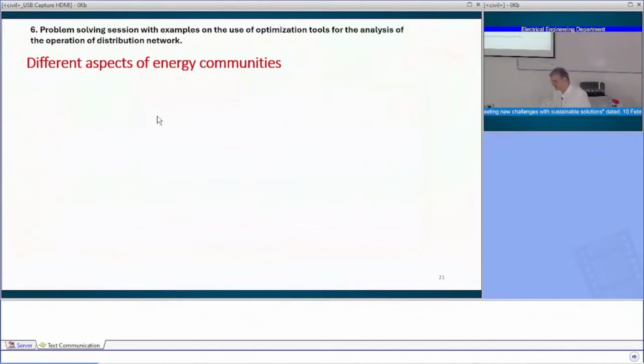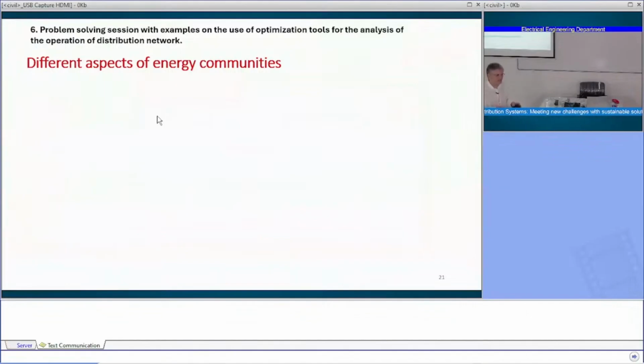So sharing just the data that are needed for the coordination of the optimization problems that are solved by the several users. So I will take for this purpose, this comparison, the example of a low voltage